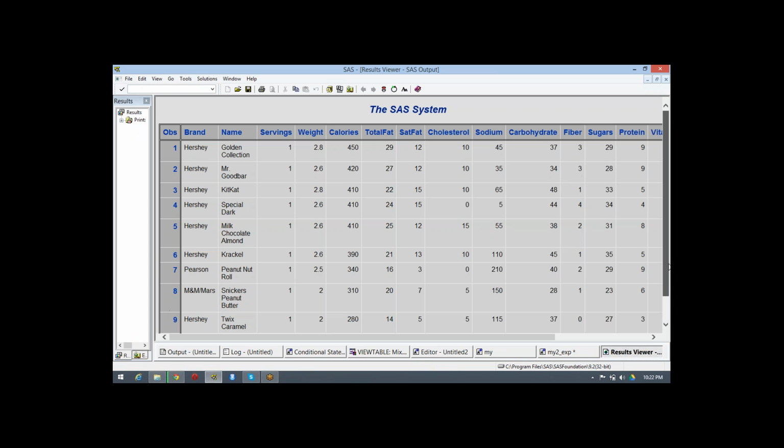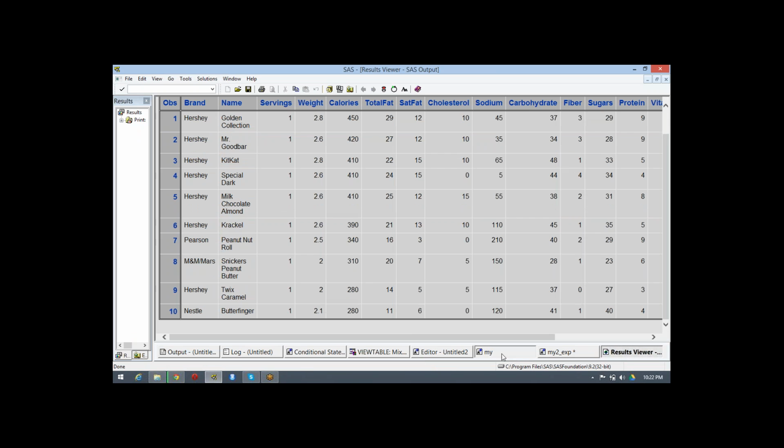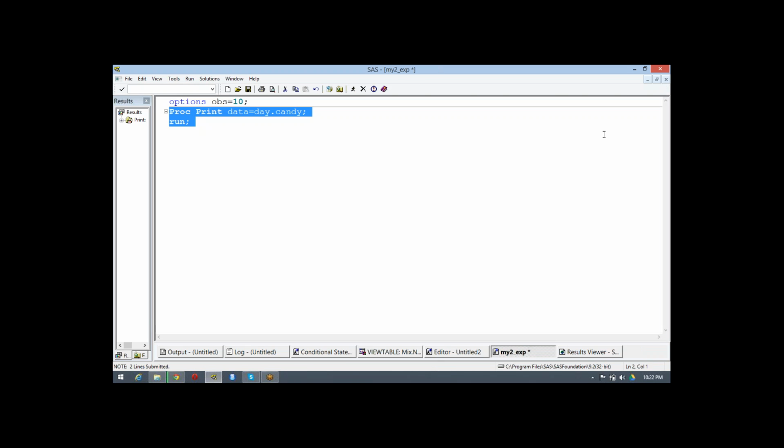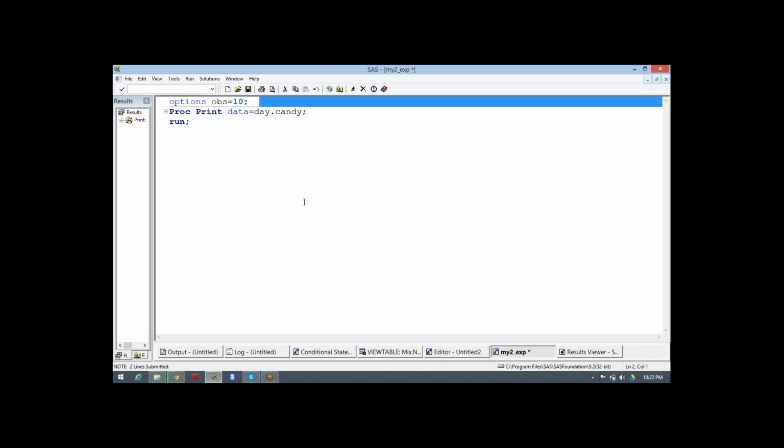Now what happened? See, when I declared this as a global statement, once you define a global statement, it will remain for the session. So I declared OBS 10 as a restriction for the output data set.